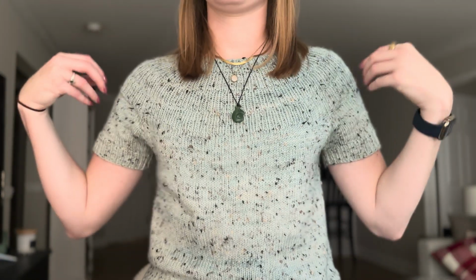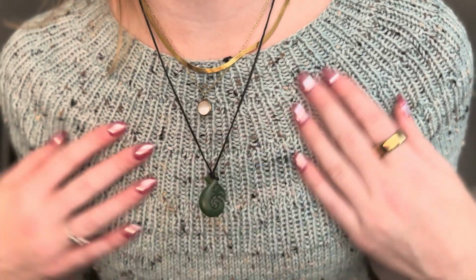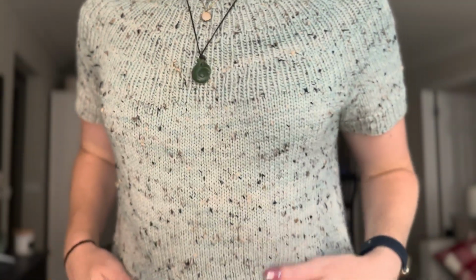So let's get started with finished objects. So today I do actually have, let's start with what I'm wearing. I'm wearing the Anchors, I don't know if it's the Anchors T or the DK weight one. You can see the rib here, and I knitted out of tweed. And this is knit out of Woolberry Fiber Company Tweed DK, and the color I believe is Pacific, which is